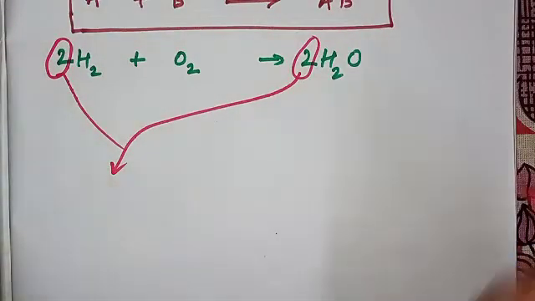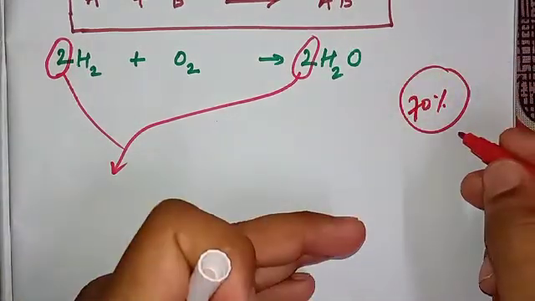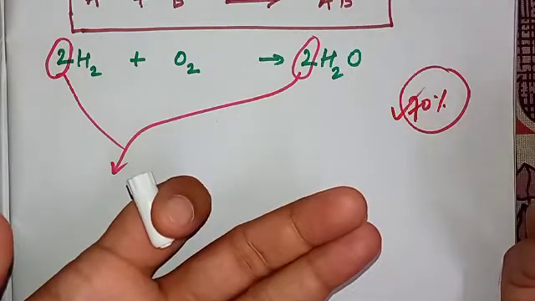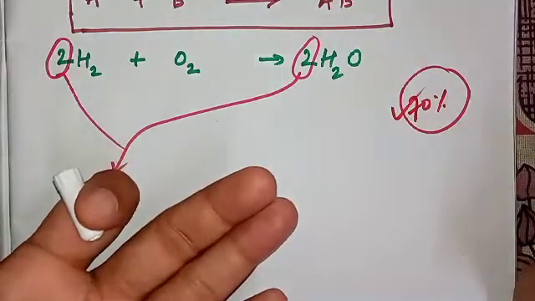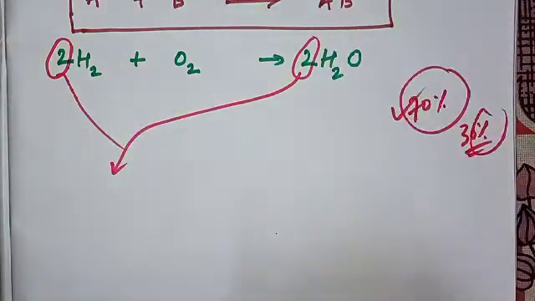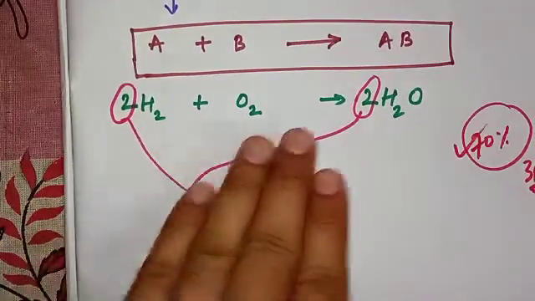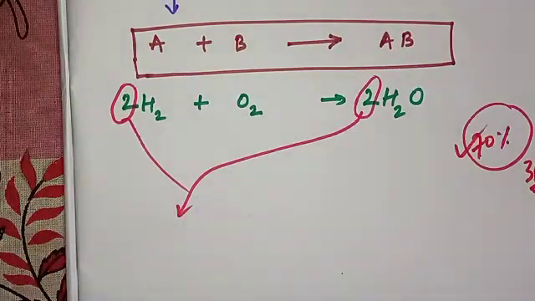So that is it, brother. If you are able to use these techniques to learn 70% of the reactions, that's very good, okay? And 30% of the reactions can be memorized because they don't follow these rules which I am going to explain over here, okay? However, you understood what a combination reaction is. So here hydrogen is combining with oxygen to produce water.